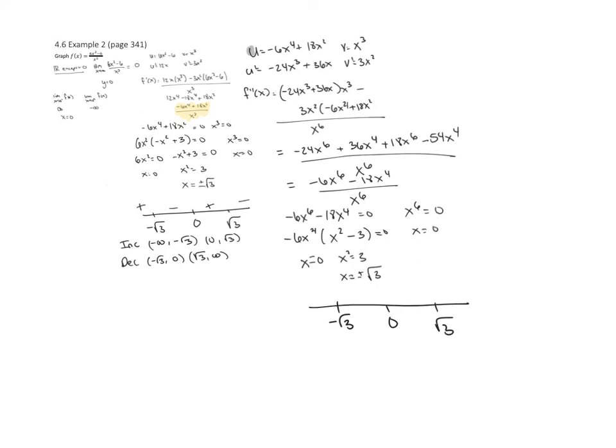All right, I'm going to be plugging into this equation right here. If I plug in negative 2, I get a negative in my numerator and a positive in my denominator, so that's a negative. If I plug in negative 1, I'm going to have a negative in my numerator and a positive in my denominator, so we're going to have a negative overall. And then if I plug in positive 1, I'm going to have a positive in my denominator, but in my numerator, I have a negative, so that'll be a